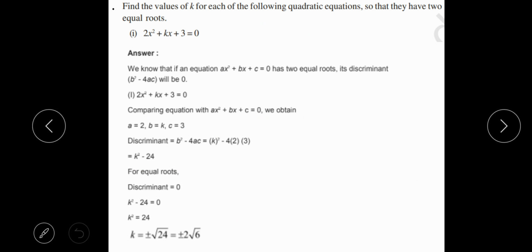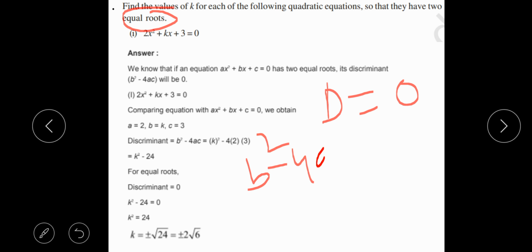Now, the next question, another very important question of your chapter quadratic equations, where you have to find the value of k. These questions are mainly for 2 marks. Find the value of k for which the following quadratic equation has two equal roots. As we know, the roots are equal when the discriminant is equal to 0, meaning b square minus 4ac is